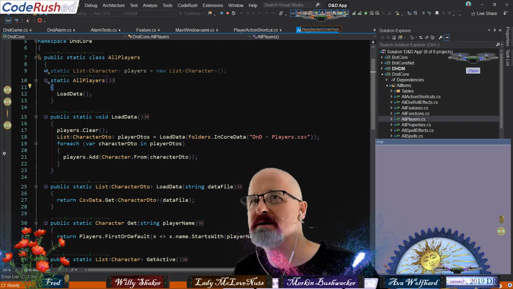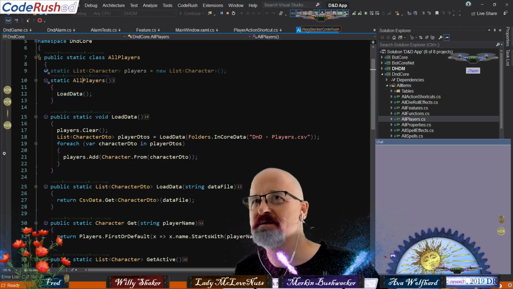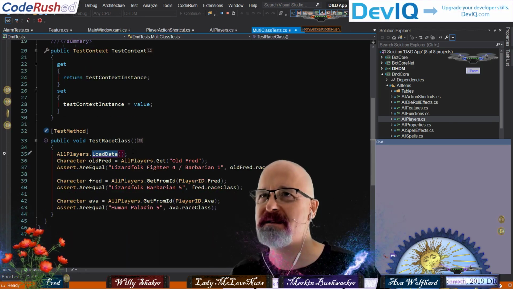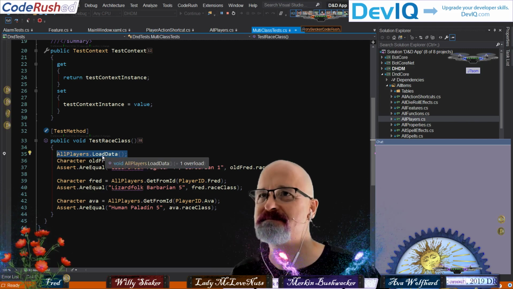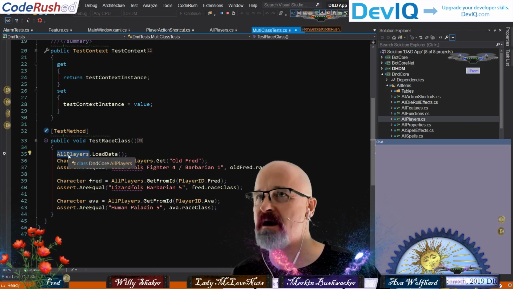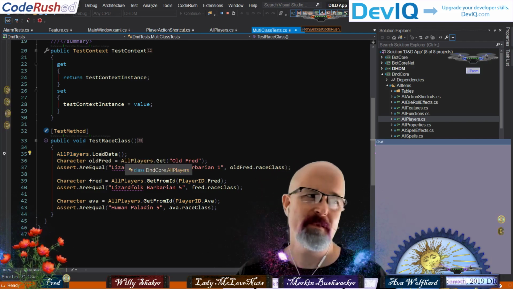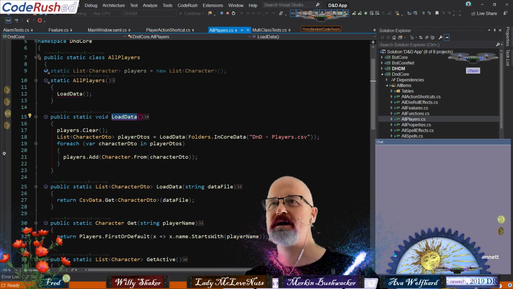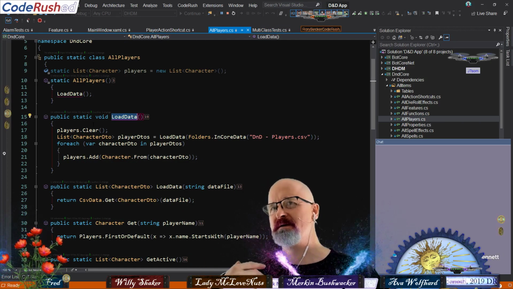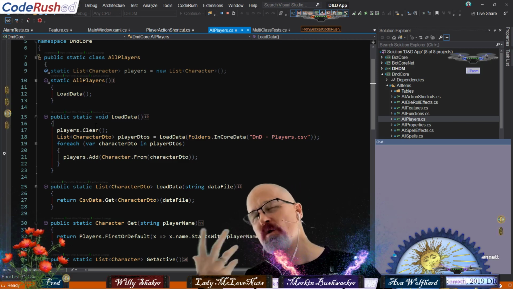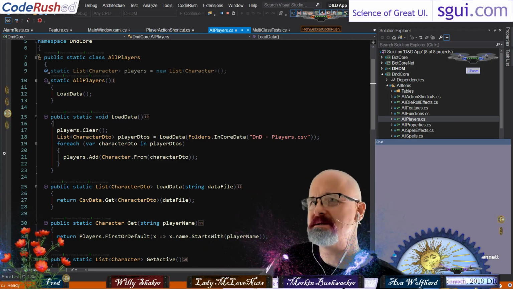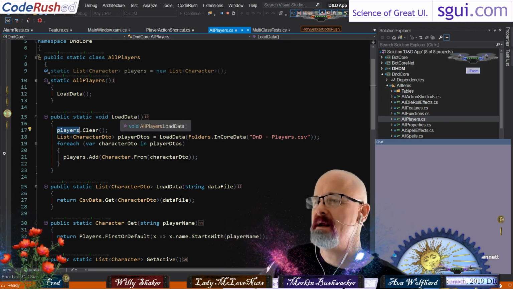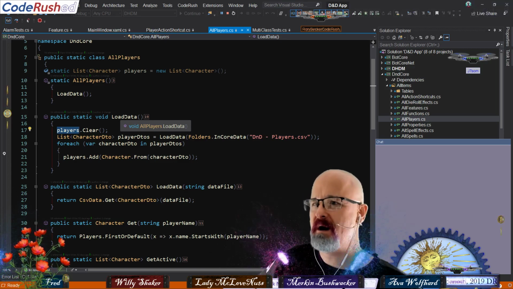So check it out. I've got all players. I'm calling load data. So this is the killer piece, which means this is going to load it twice. The first time I see all players, the reference to all players trips it, and then you load data on the result. So I've got some problems here. I'm almost thinking I could mark it as done and not do it again. Well, no, because these players can be changed. And so for test cases, I want to reload it. And when I click that initialize player button, I want to reload it as well.